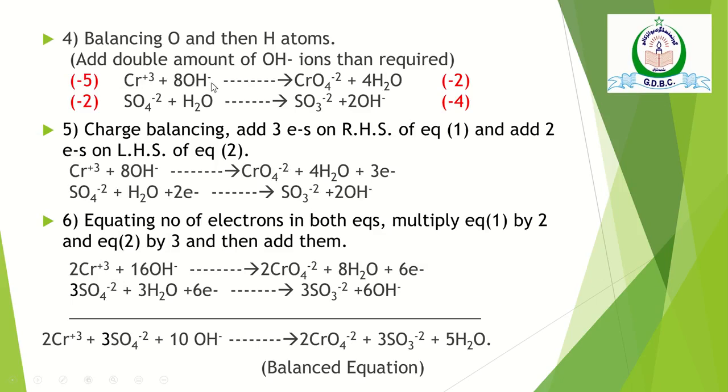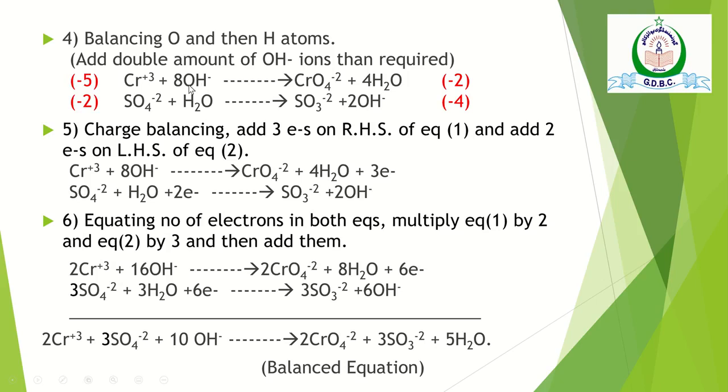Here I have added 8 hydroxyl ions on the left hand side or the reactant hand side. Now 8 hydrogen atoms must be balanced by putting 4 water molecules. So 4 twos are 8 hydrogen atoms. Here we have 8 hydrogen atoms and 4 oxygen atoms,